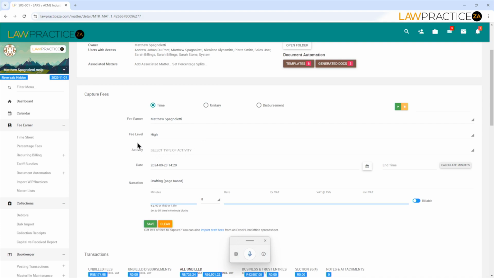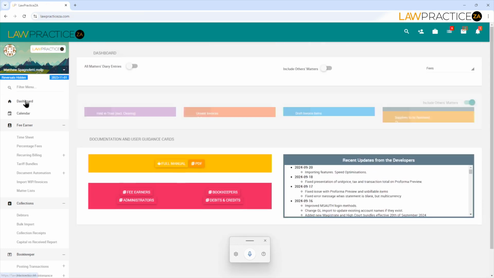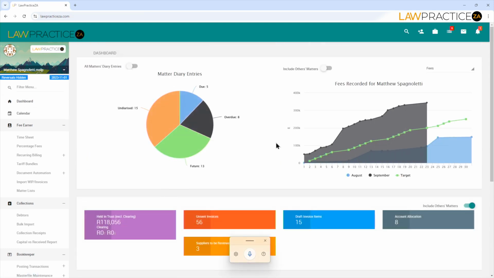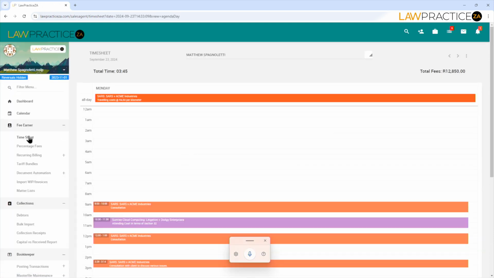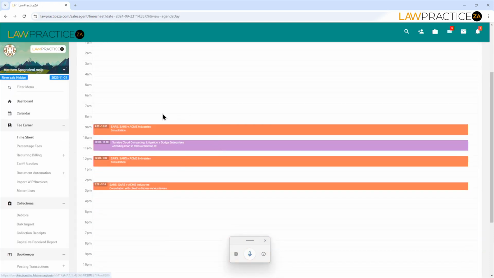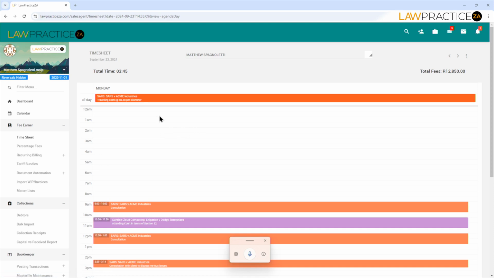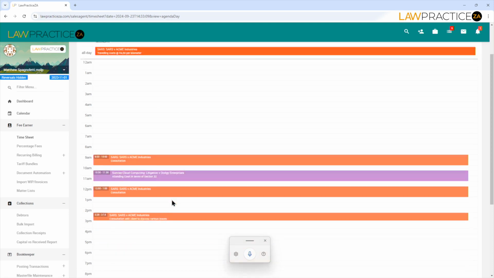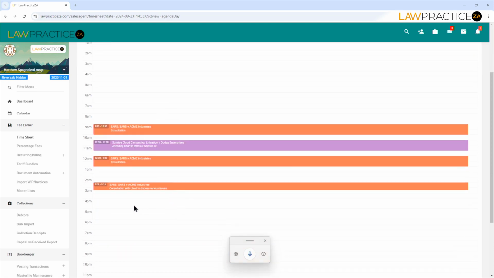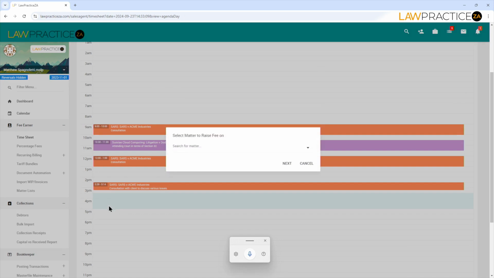The other way to do fees, let's say, for example, I'm sitting in my dashboard, phone goes, I don't know which matter it is. Before the phone goes, I could simply come into the timesheet, and while I'm sitting there, first of all, the timesheet will tell me what I've done for the day in terms of hours and fees. You can see the different colors, different matters, and when I want to go and record a fee for a particular phone call, consultation, whatever the case may be, I can literally go and click on the timesheet anywhere, drag